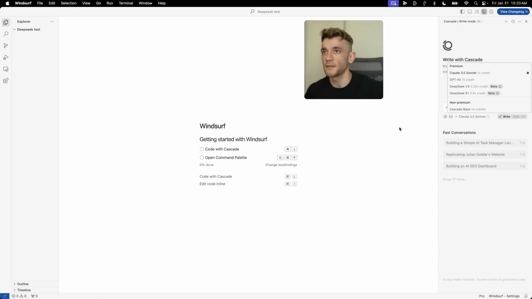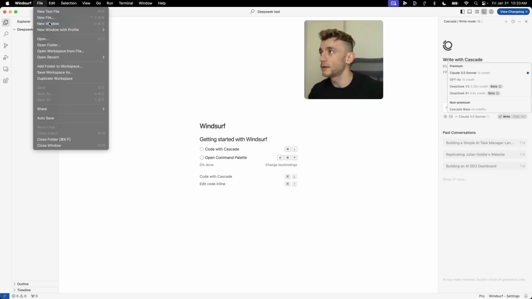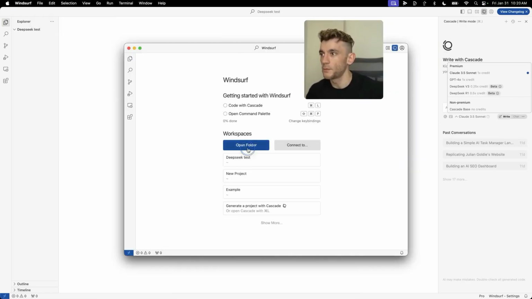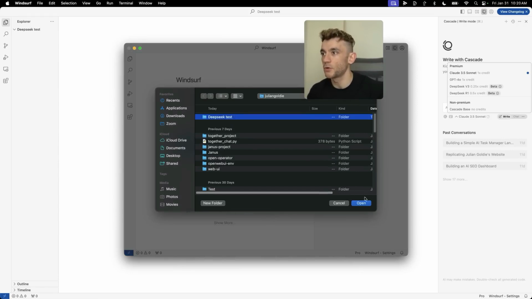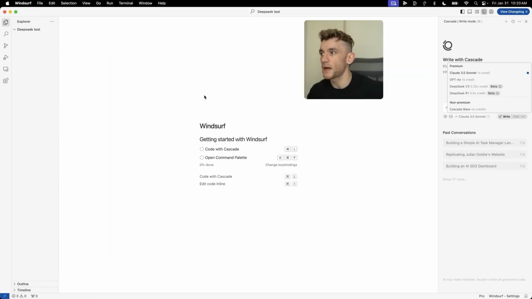So inside here, we're going to open up a new window. Once you've got Windsurf set up, open up a new folder. And then, for example, we've got Windsurf test ready to go there. We're going to open that bad boy up. And then on the right-hand side here, you've got a choice between chatting and writing, right? So chat means you can get some ideas. You can go back and forth a little bit, like ChatGPT, but in the context of this project. And if we switch to writing, we can now use DeepSeek R1 or DeepSeek version 3 for creating and coding